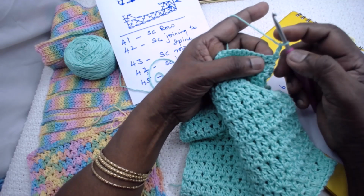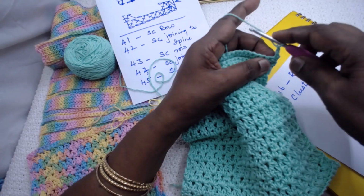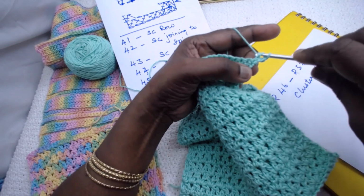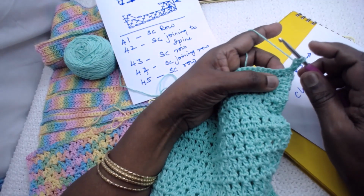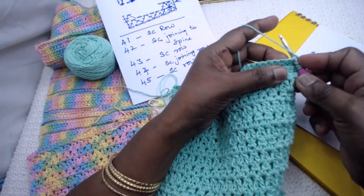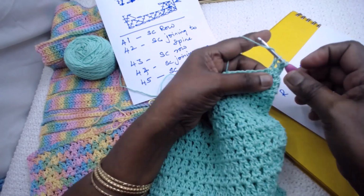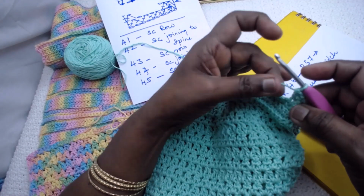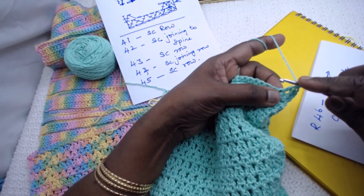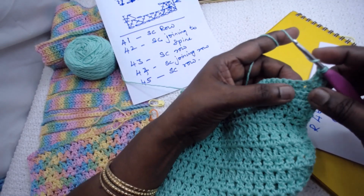And then I begin my incomplete DC in this same stitch here, yarn over, insert your hook in the very first stitch, pull out a loop, incomplete DC, that is yarn over, pull through 2 just once, then again yarn over, skip the next stitch, insert in the following one, pick up the loop, yarn over, pull through 2. Now you'll have 3 loops on the hook, yarn over, pull through all the 3. And this chain 1 is very important. Chain 1, insert in the same stitch where you finished your stitch, that is 2 DC together, pick up, pull through 2, yarn over, skip 1,